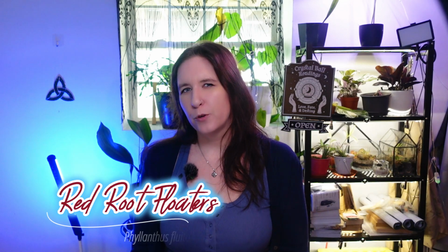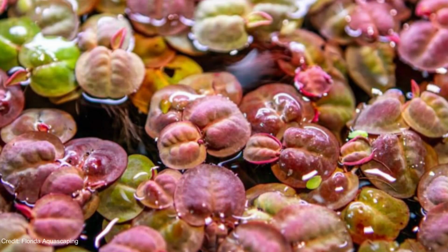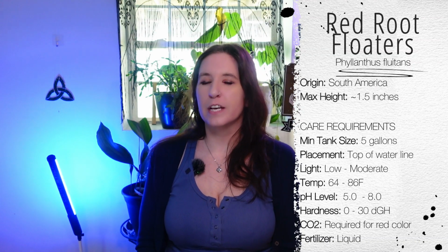Moving on to something a little more unique, let's talk about red root floaters. Native to South America, as the name suggests, these plants float on the water surface and have stunning red roots when exposed to high light. Red root floaters need high light and heavy nutrients to thrive. They're perfect for adding an extra layer of beauty to your tank's surface, but they will require CO2 injection to